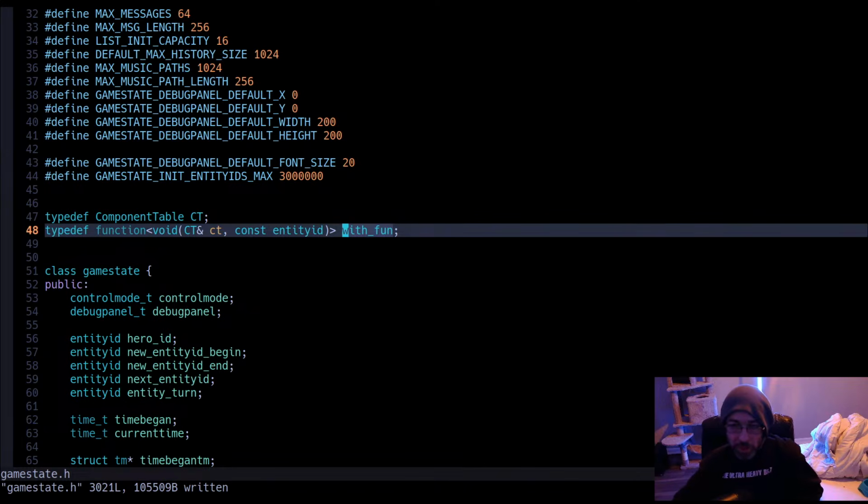So with fun, it's an alias for a function object of return type void that takes a reference to a